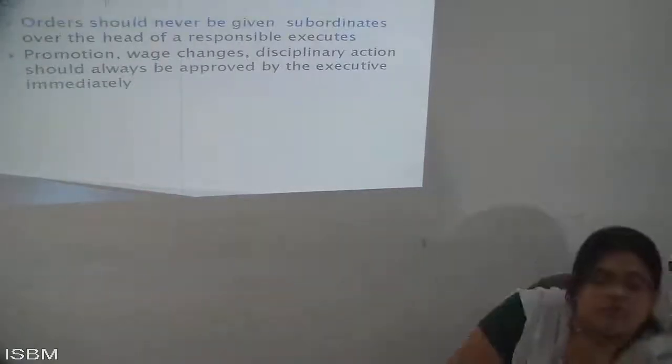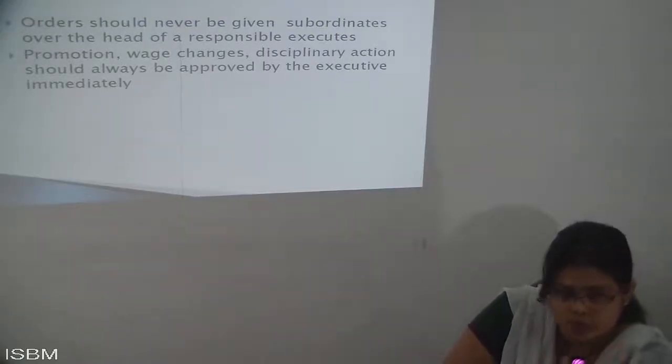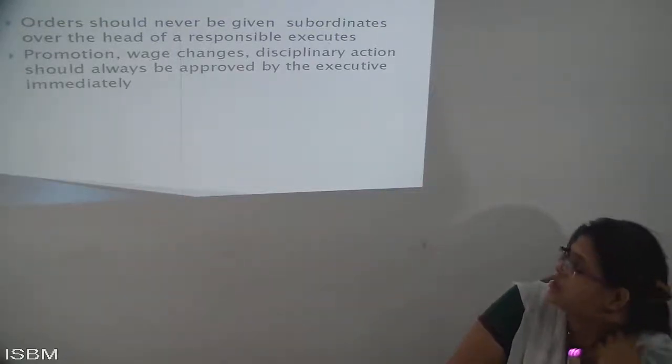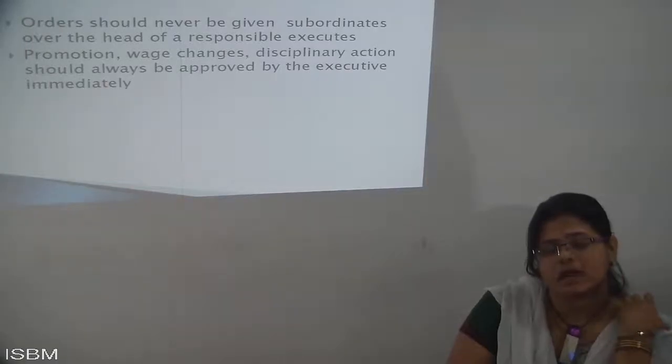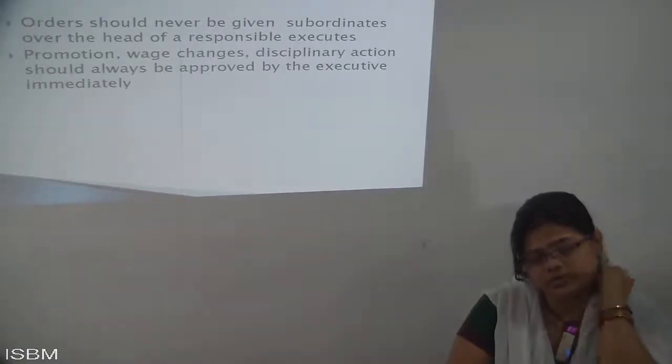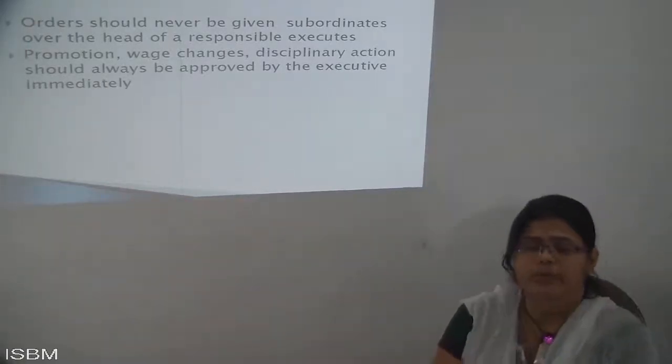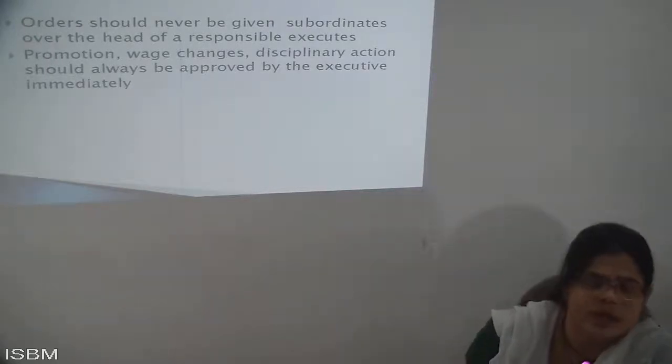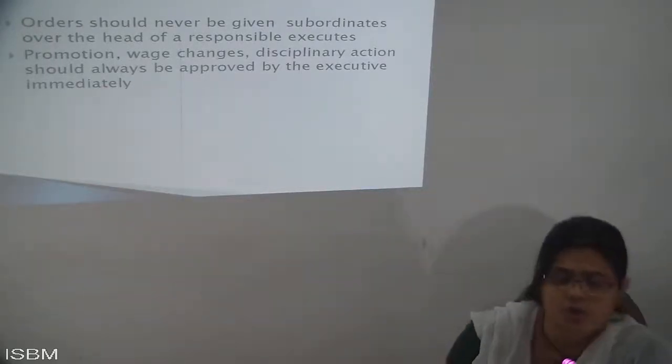Next, orders should be given to the people who are in the group. And even for what has been given, the person should be getting certain kinds of monetary returns also. And with the help of the returns, the people will be very happy working in the organization.